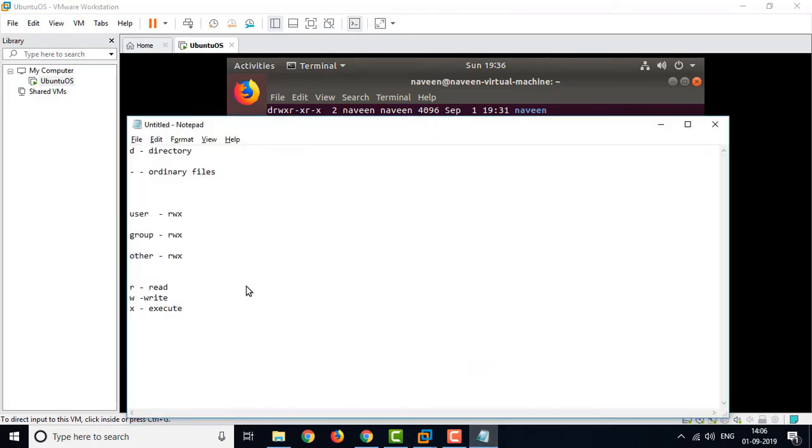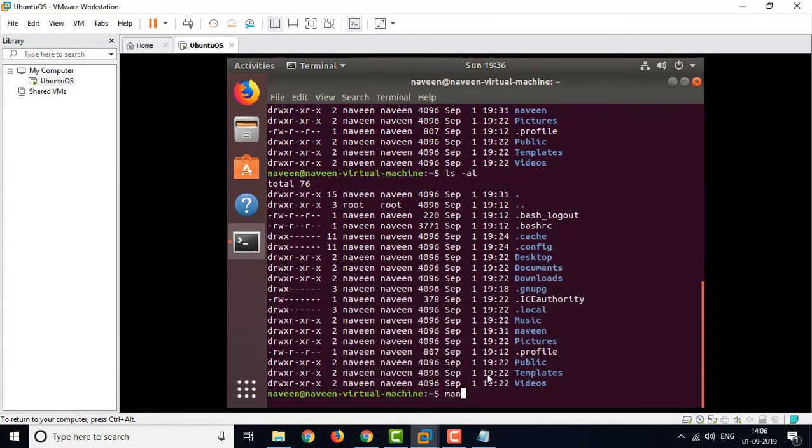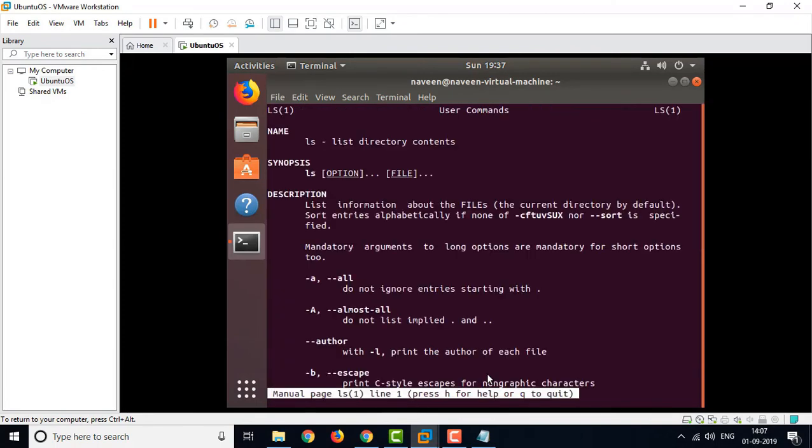If you want to get a description of what a command does, you have a manual. In Linux, for the manual you have the command man. If I want to know all the details and description of the ls command, I type man ls.